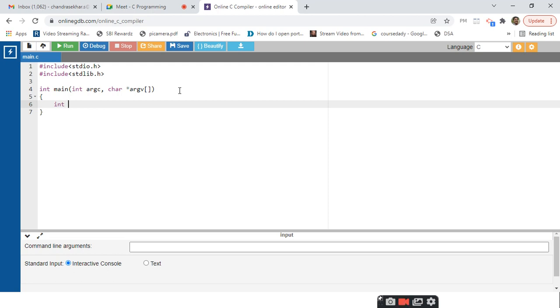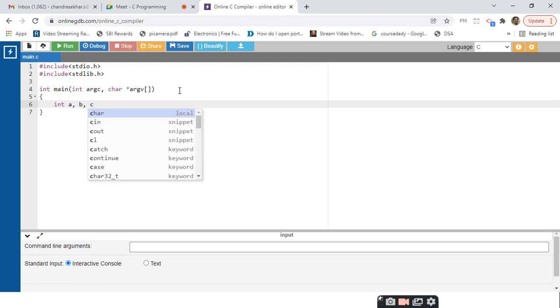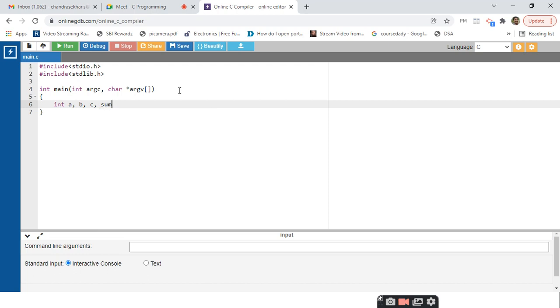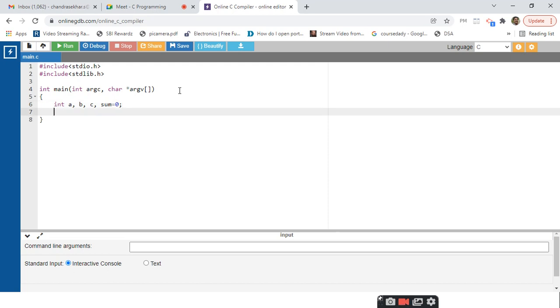So, in order to add 3 integers and print the sum of those 3 integers, let me take 3 integer variables along with one more variable which is called sum. Let me initialize the sum to 0. If you do not initialize it, nothing will happen, but it is a normal practice that whenever you want to find the sum or product or whatever it may be, initially you will initialize it to 0 or 1